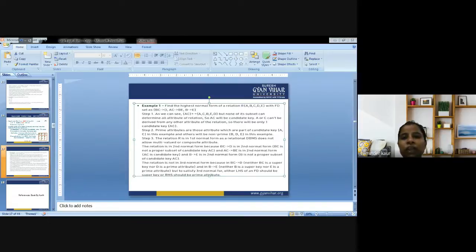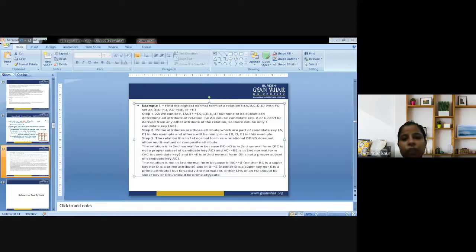So what are the key points that we are supposed to remember while we are concerned about BCNF? There are some points. First, BCNF is free from redundancy, because we are dealing with redundancy here. Second, if a relation is in BCNF, then 3NF is also satisfied. Third, if all the attributes of a relation are prime attributes, then the relation is always in 3NF.